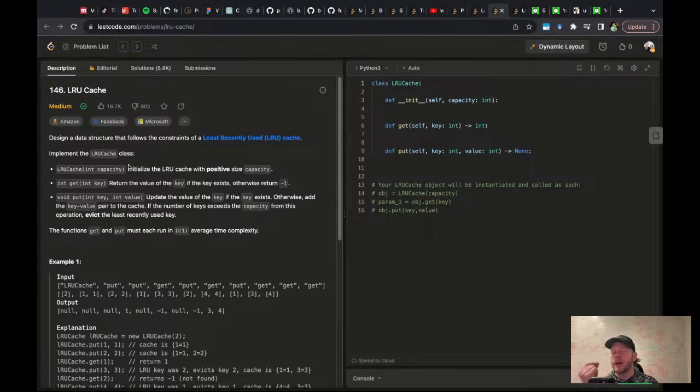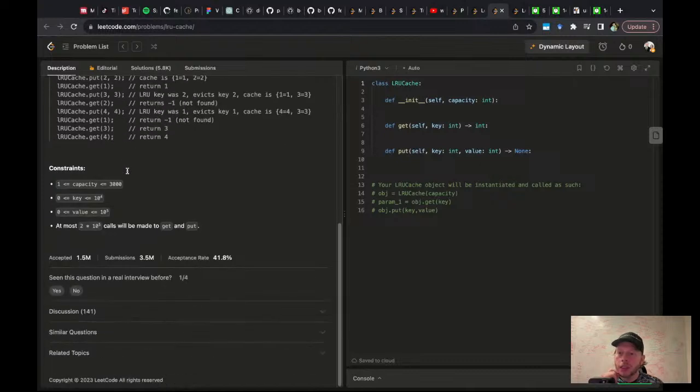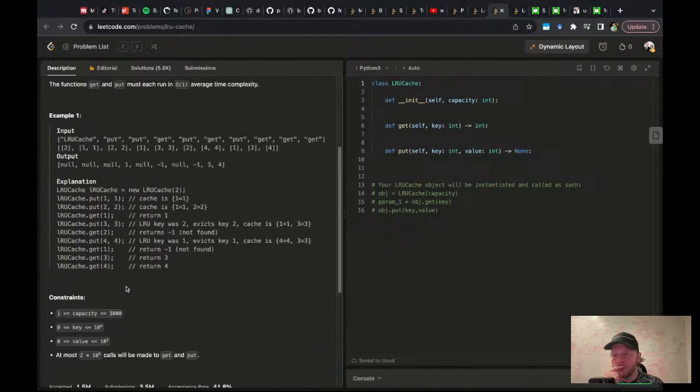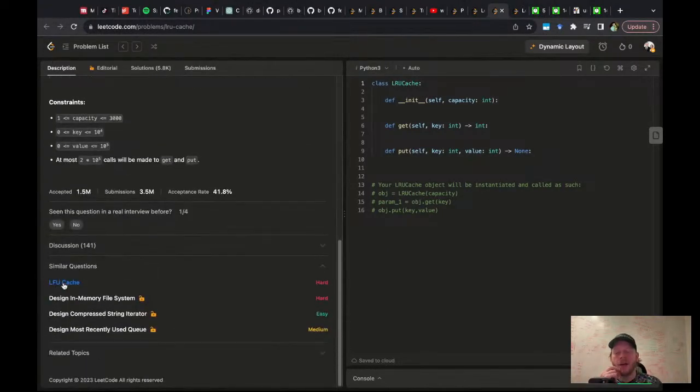I want a problem where I implement and use an LRU cache. LRU cache medium, LFU cache. Huh. And these are all locked.